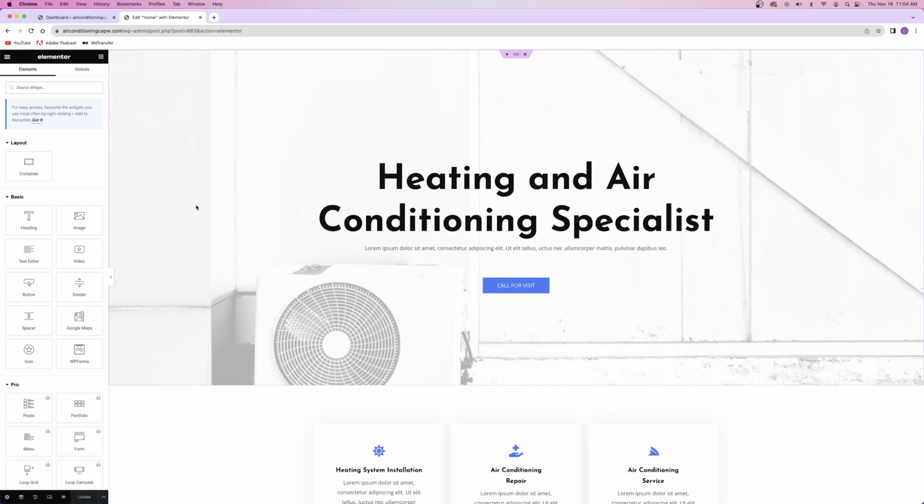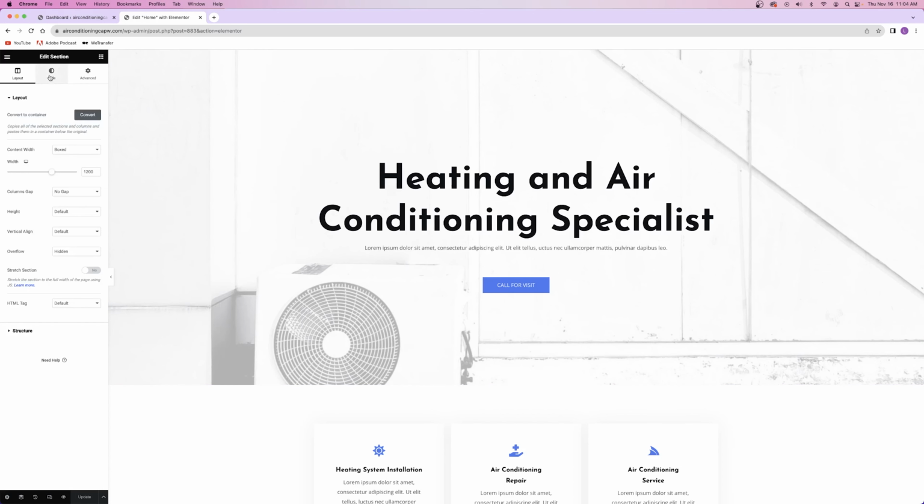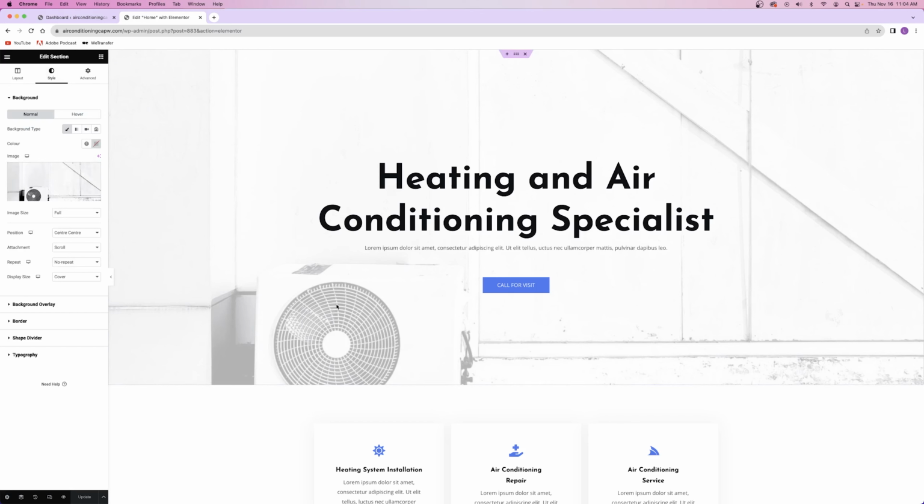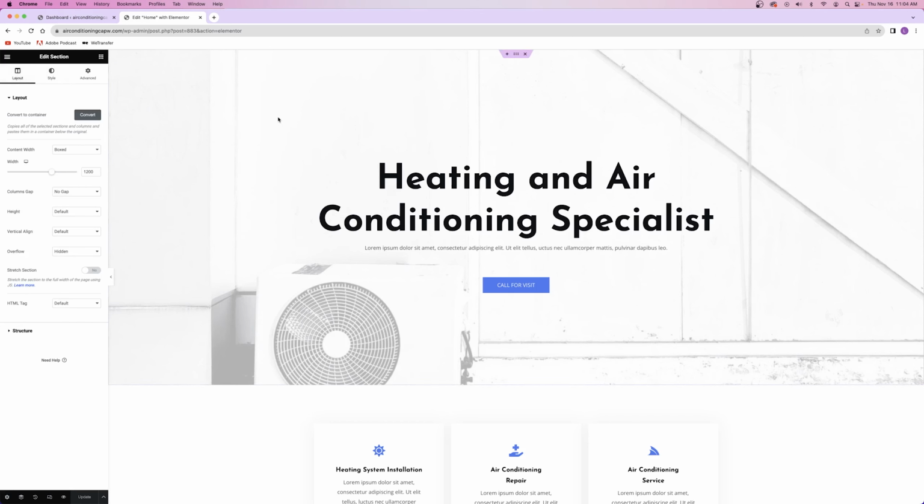So if I wanted to change the background image, I would say edit section like this by right-clicking out here. And then you'll see that the background image, there's that little AC unit, it's right here. Just to show you guys that if you want to edit the background, you're going to go to the section. Okay, so the section is the background, and you'll notice that you're on a new section anytime this little tab